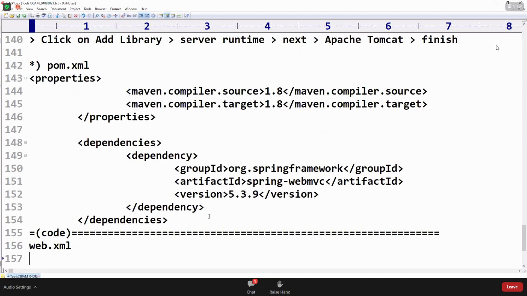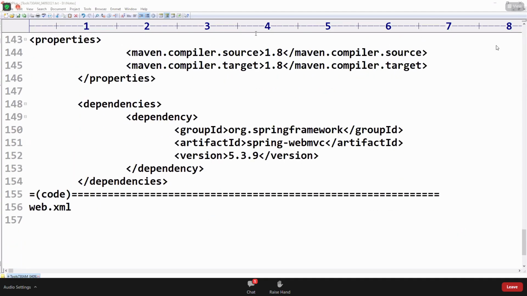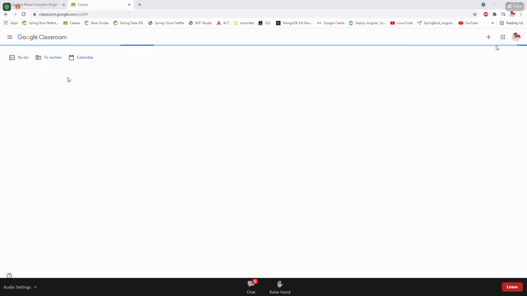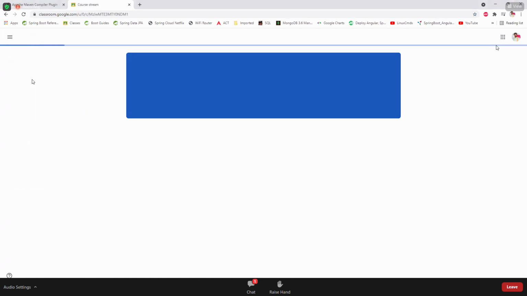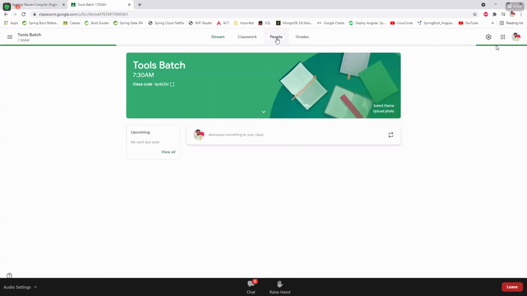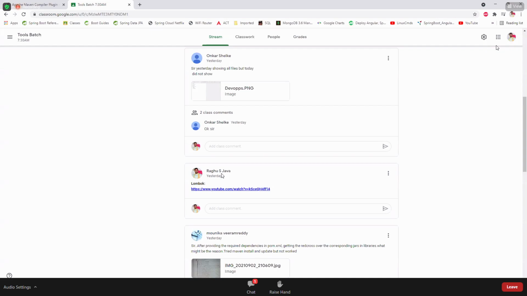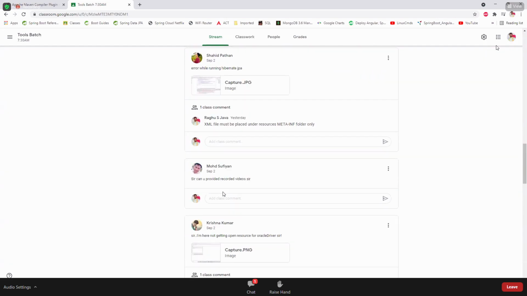All PDFs. Okay. So there I'm writing the code here. In the classroom also I have shared that link. Please check it once. It is there in the classroom drive also. You can access it from there. Somewhere it is.